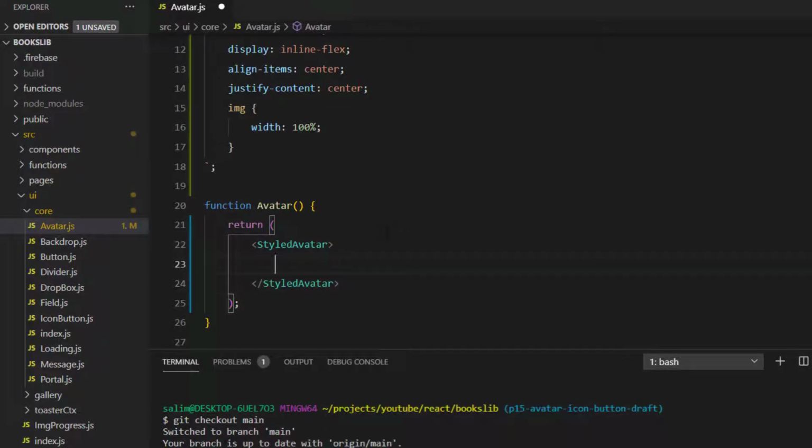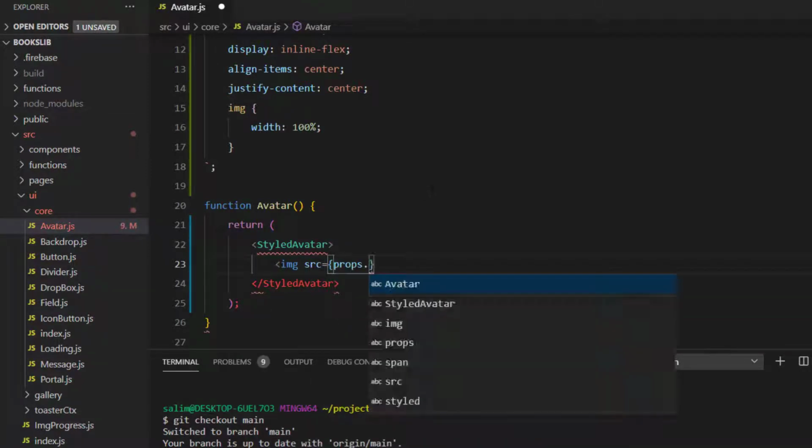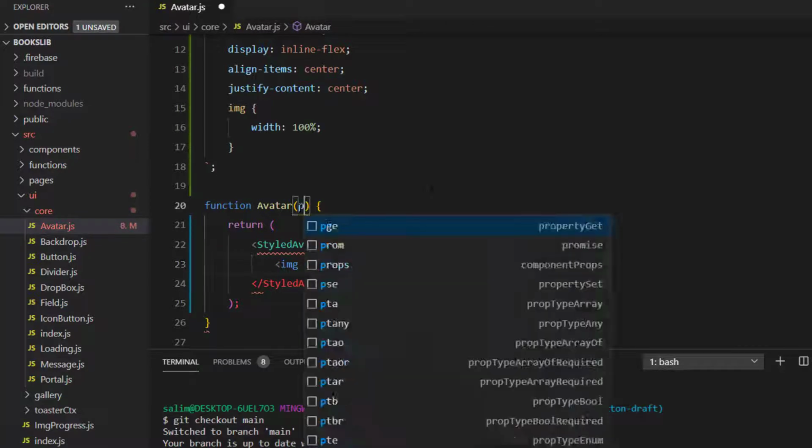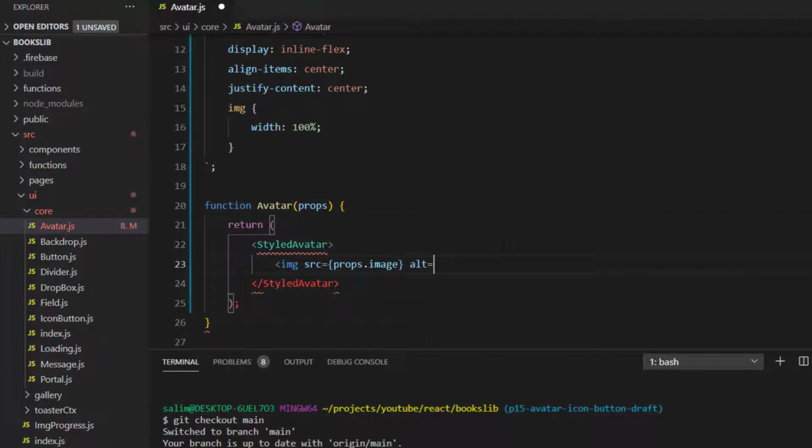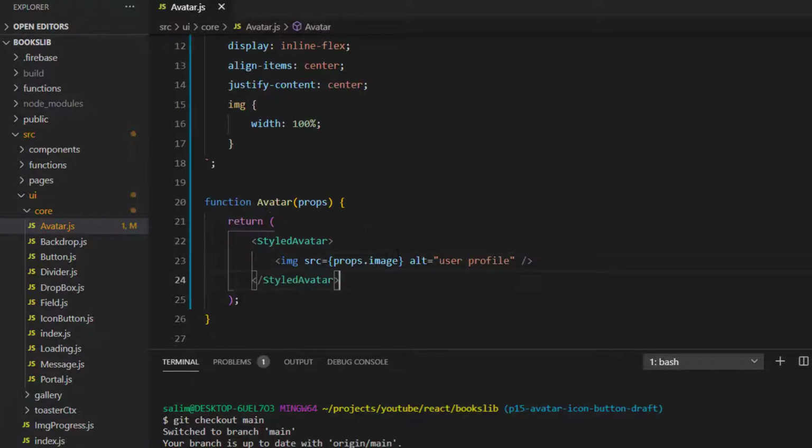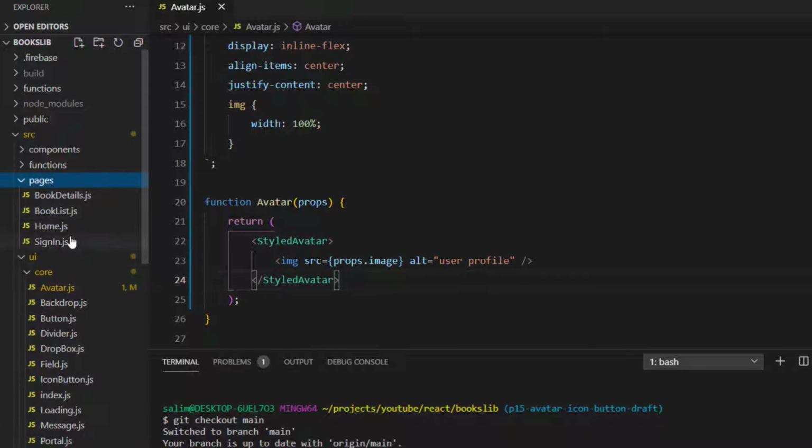Now inside of it, for now we'll start building the only option, the image. The src of the image will be props.image, which we'll get through props. The alt will be user profile, and that's it for now. Let's test it in our home page. So if I go to pages home,